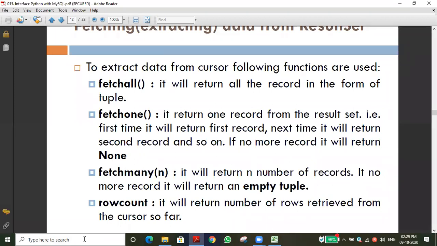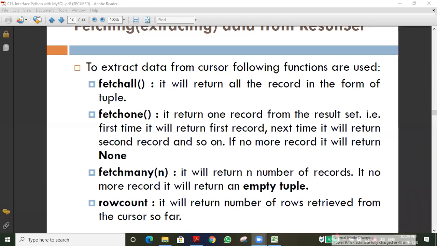For example, it will return in the form of a tuple. Suppose I ask a question: a table contains employee ID, employee name, salary. For the first row, using a for loop we are accessing all the rows. So i of 0 means what? Employee ID. i of 1 means employee name. That is the second field, no? That is the second column. In this way, we can access the column. How many of you understand my words? Understood, sir.